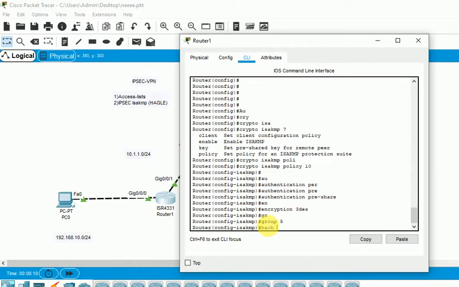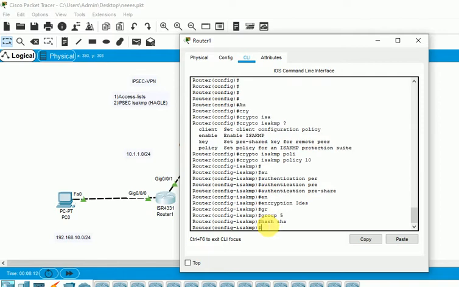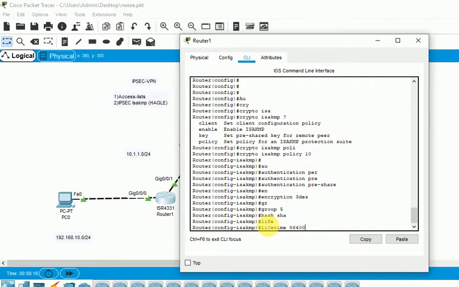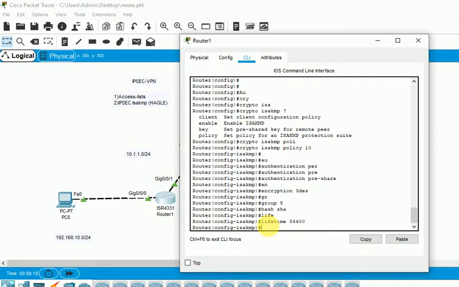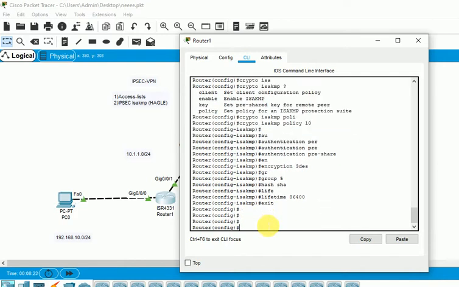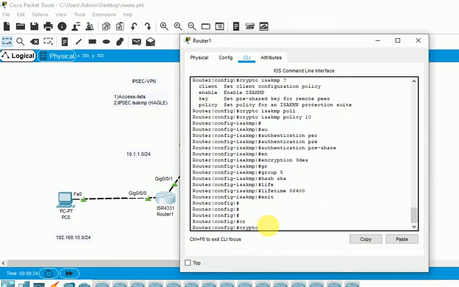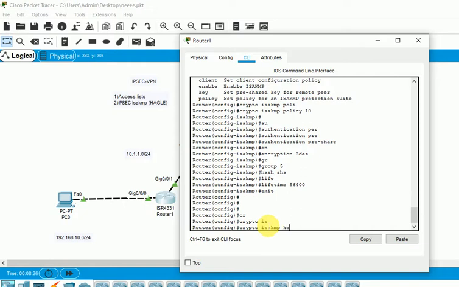For hash we are using SHA, then lifetime. So I am done with this, and now I have to create the key.